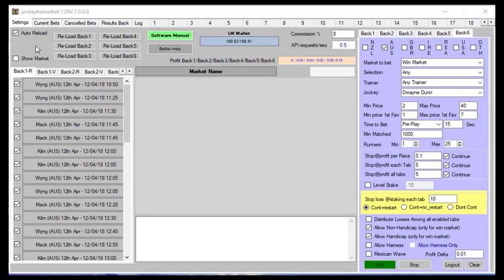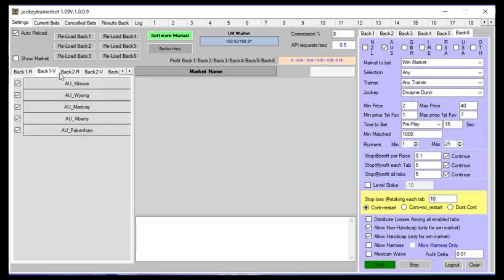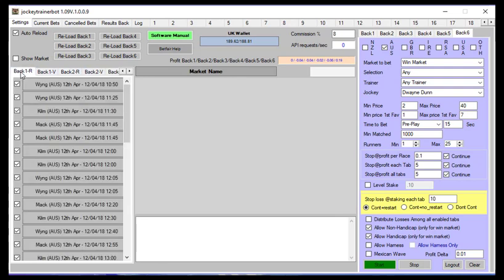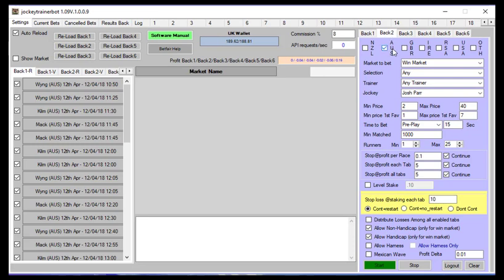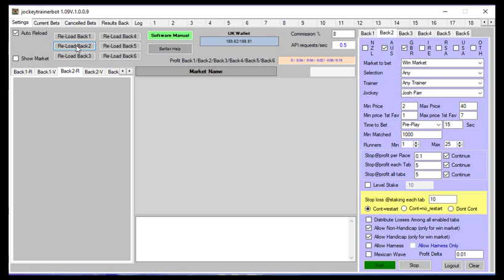First of all, when you get the software, auto reload is already ticked, and if we tick through here, we can see these are the venues and the races for each backing tab. So it's quite possible if we go to tab back one here and only tick Great Britain and then hit reload. Each reload belongs to, as it says, back one, back two. If we click reload now, what will happen will be